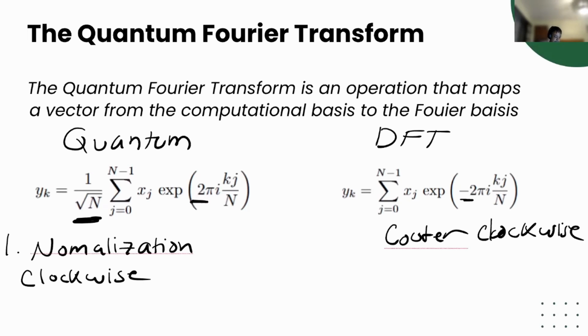So hopefully that makes sense. And so we have this geometric representation of the discrete Fourier transform. It still applies to the quantum Fourier transform, but the difference in inputs is that we're mapping from the computational basis to the Fourier basis. Other than that, geometrically, it's doing the same exact thing.